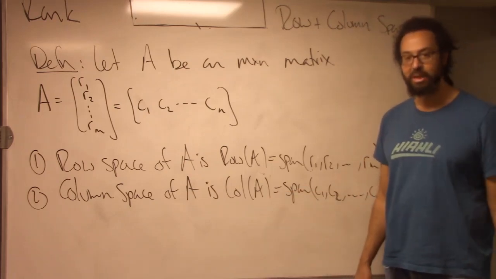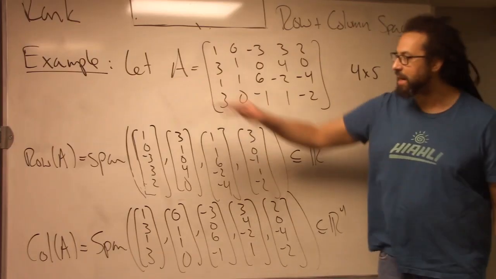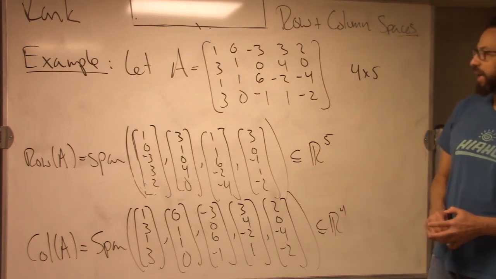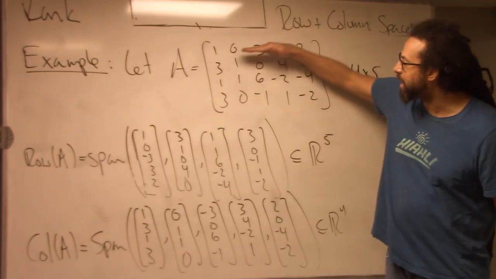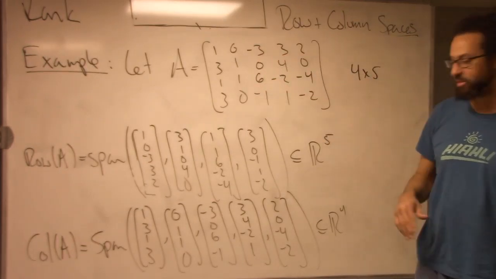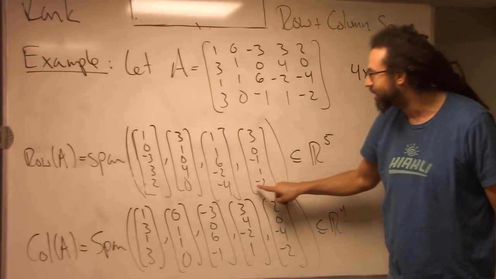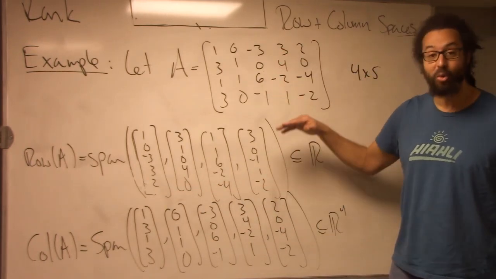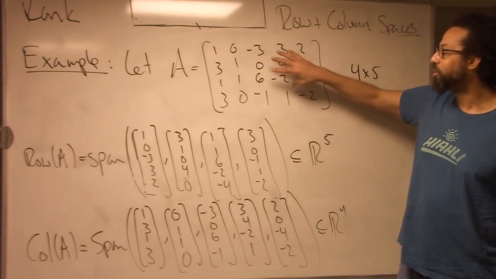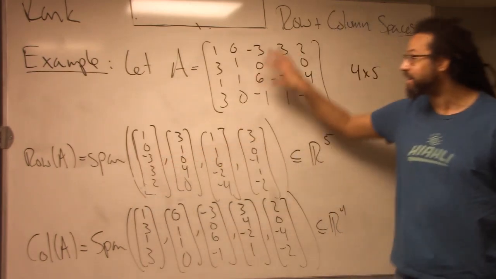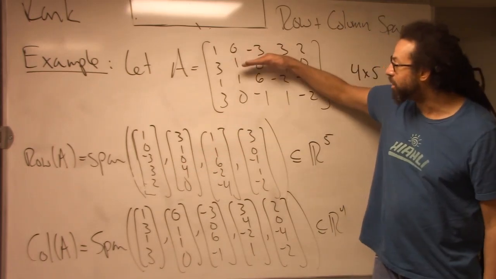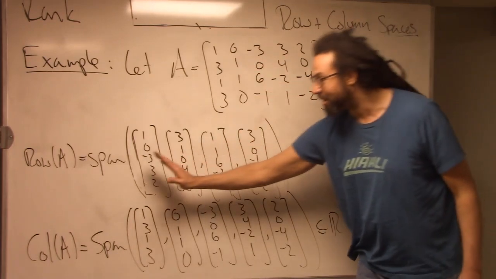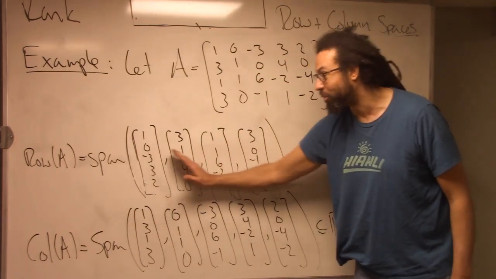Let's look at an example really quick. All right, here's a 4 by 5 matrix. And so what is the row space of this matrix A? Well, it's the subspace spanned by the rows. There's 1, 2, 3, 4 rows. These are row vectors, although I don't have enough room on the board to write them as row vectors, so I'm just going to write them as column vectors. So the span of these 4 rows will give us the row